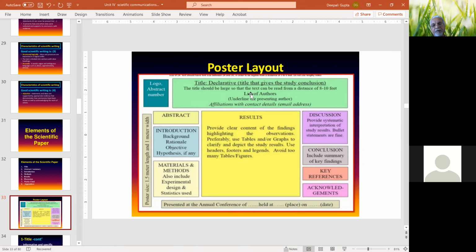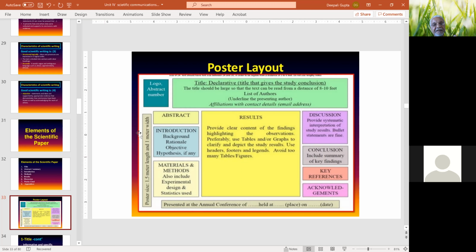But then the question is how to fill this space: how one decides the title of the work which you have done, how you introduce that work, how you write material methods, how you write your results, how you write discussion. That is the key part.